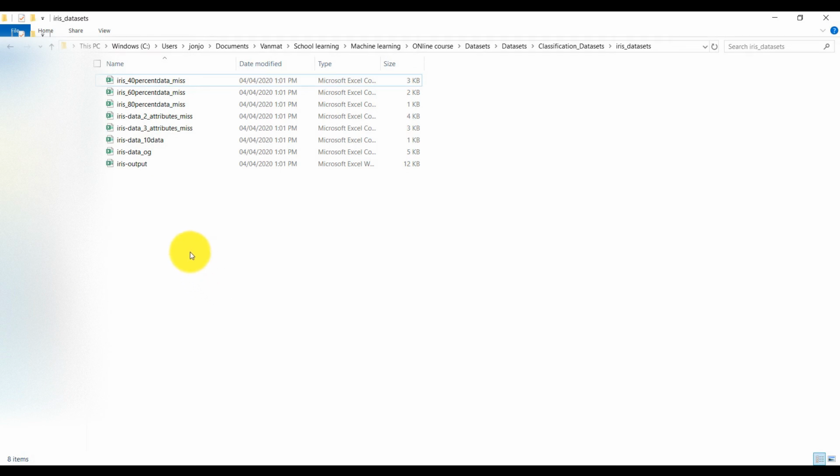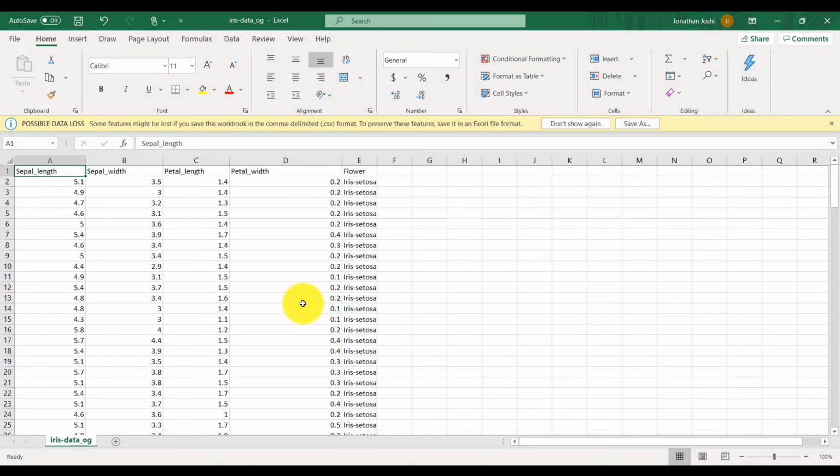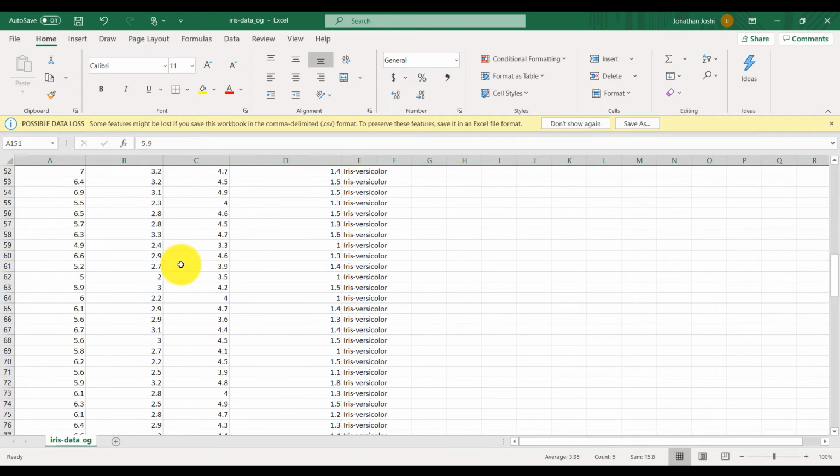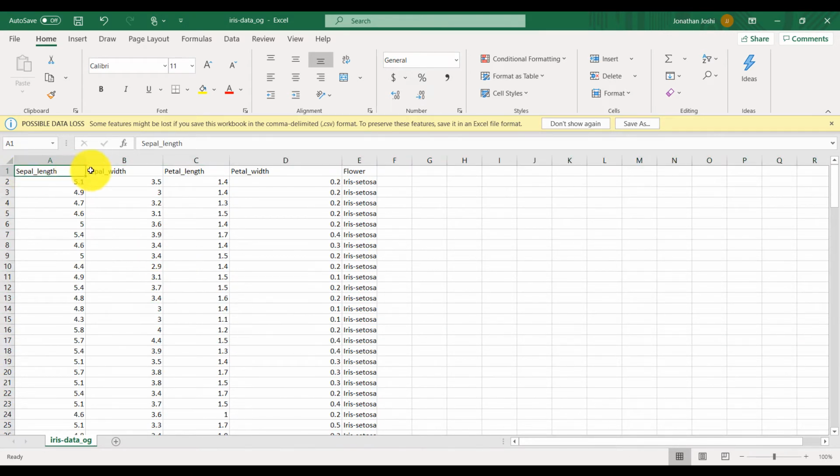So the first data set that we'll be looking at is the iris data OG, which is the original data set. This is a data set of around 150 flowers, which has sepal length, sepal width, petal length and petal width and the type of flower.